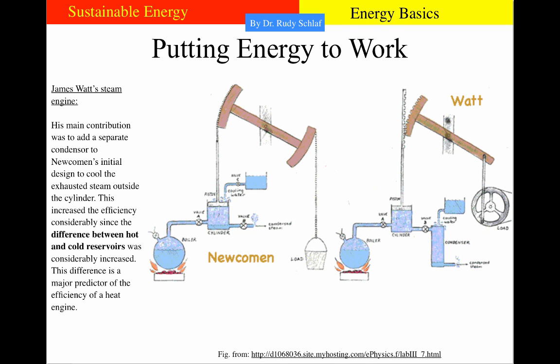And so what you see here are two ancient steam engines. The first one by Newcomen. This was sort of the first engine that was useful for getting water out of coal shafts. And what you see here is a bucket, and so the way this works is fossil fuel is burned and